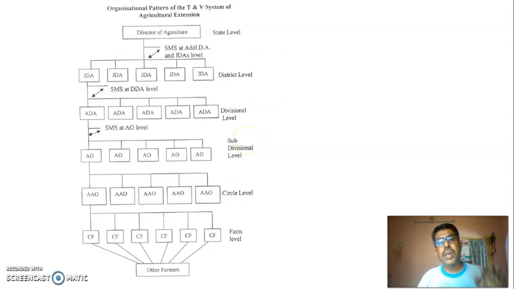That structure was created by the training and visit system in agriculture extension during the 1980s. Before that, we didn't have this kind of system. So we still follow the same organization pattern, though the administration style differs, but the pattern is the same, where it was introduced by the training and visit system. That is the most important intervention provided by the Government of India through assistance